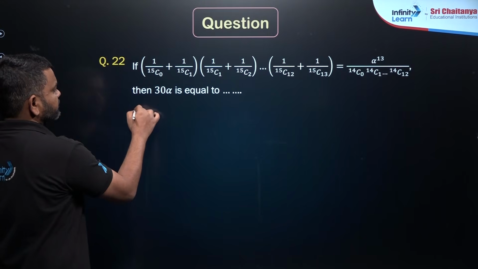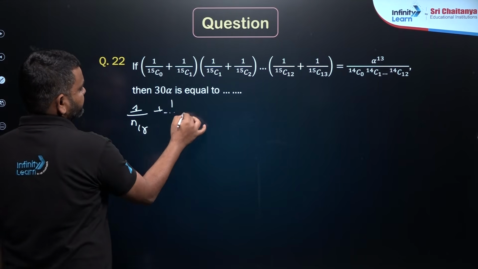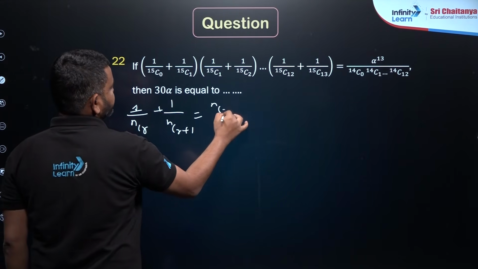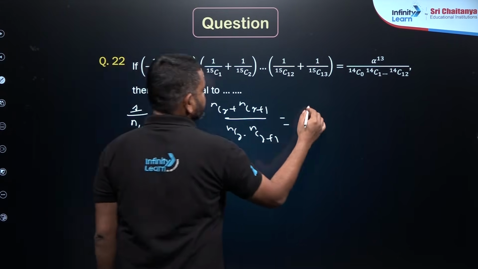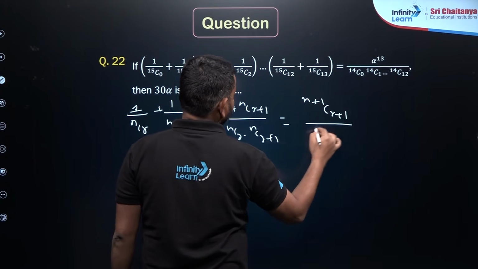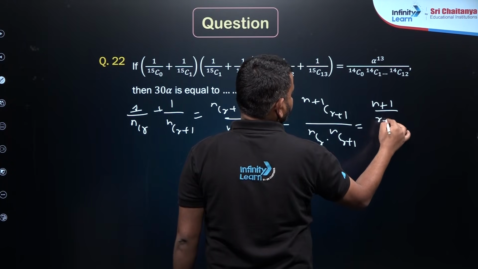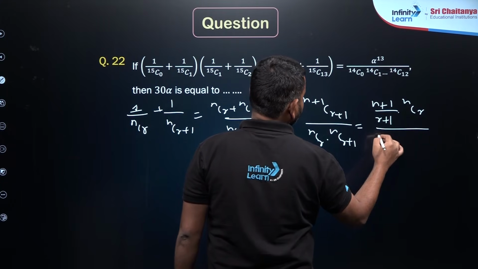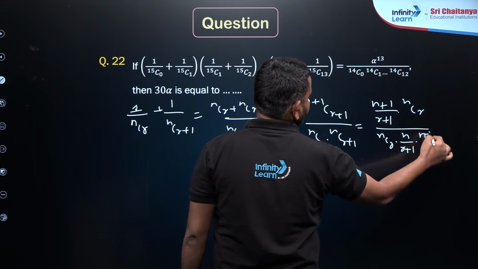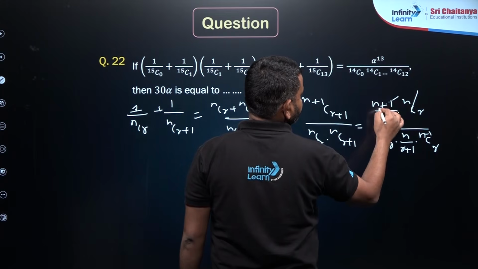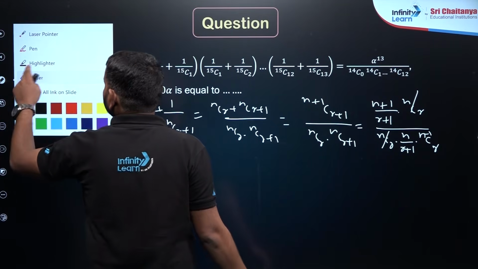here we have this situation, so I will take this as 1 by some NCR plus 1 by NCR plus 1. So NCR plus NCR plus 1 divided by NCR into NCR plus 1, that is going to give you n plus 1 CR plus 1 divided by NCR into NCR plus 1. So in the numerator we are going to get n plus 1 by R plus 1 into NCR divided by this, I will write NCR, this I am going to write n by R plus 1 into n minus 1 CR. So NCR, n plus 1 is going to stay, only n plus 1 is going to stay in the numerator, and